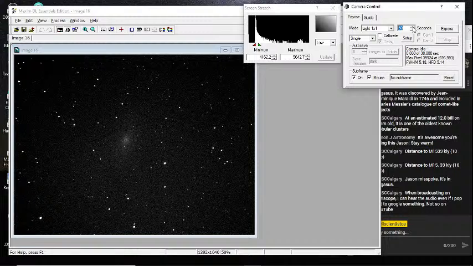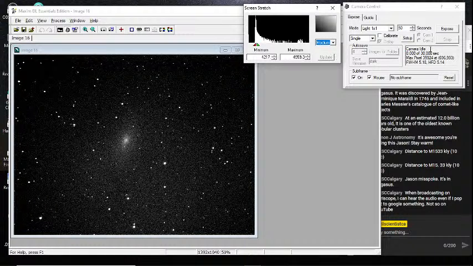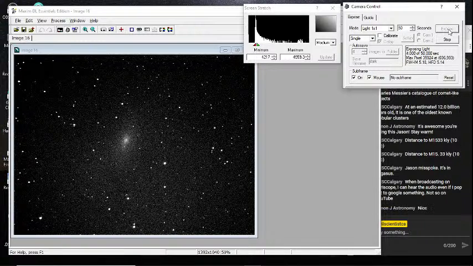What we'll do is we'll go for 50 seconds and see if we can get a little bit better here. Yeah, we'll go 50 seconds, see what happens. So what we're looking at right now is Messier 110.